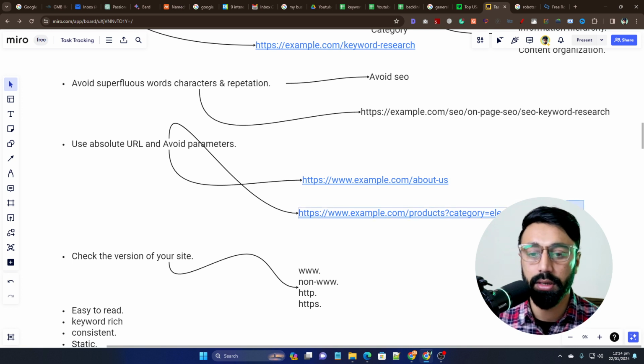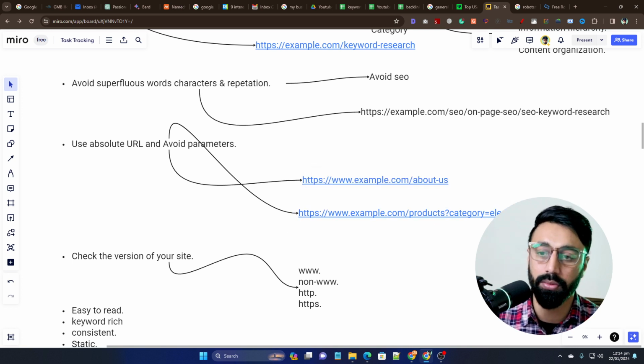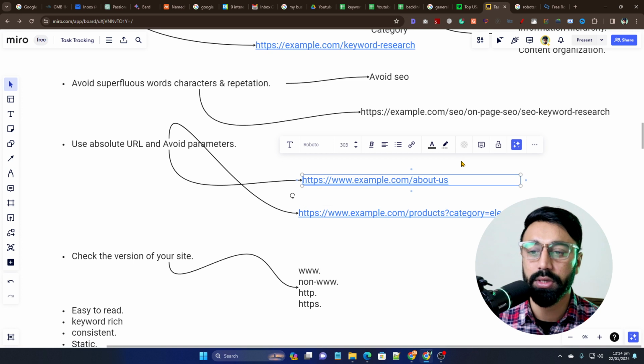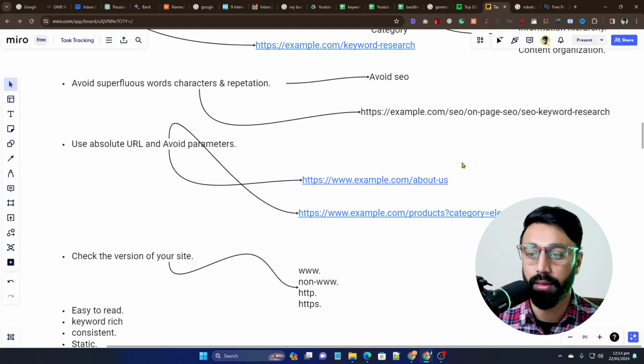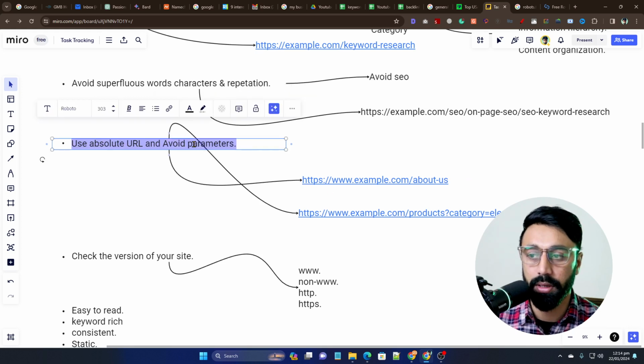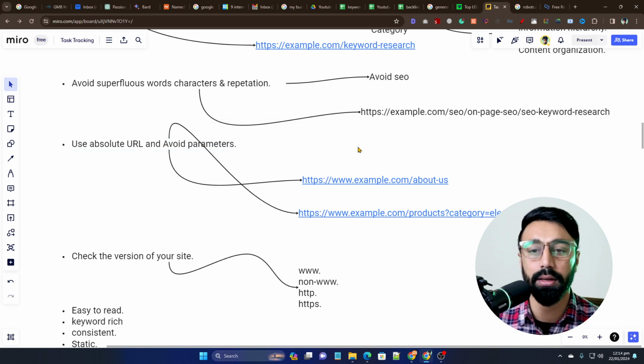So these kinds of URLs should not be indexed in Google. Rather, I would say the main URL that has the targeted keyword should be indexed. And a future video will be, of course, on parameter URLs, how we can handle them when it comes to e-commerce